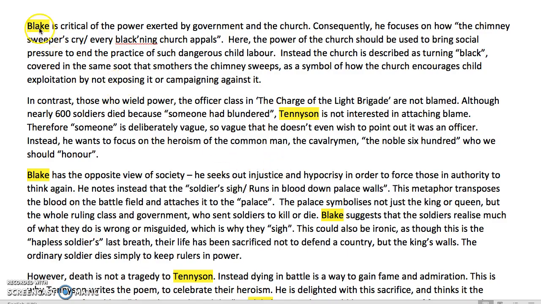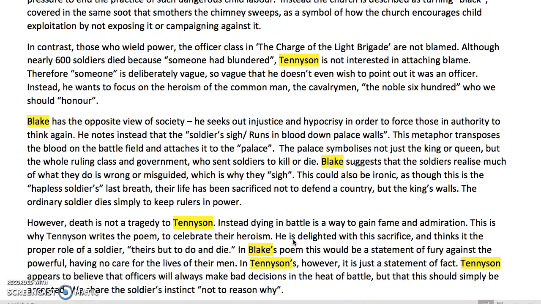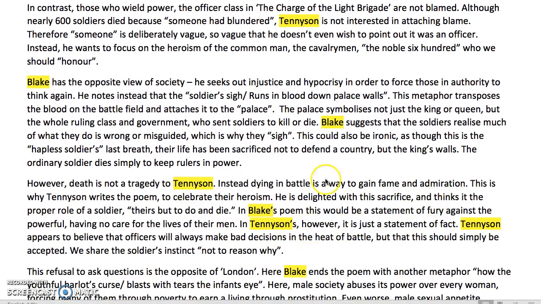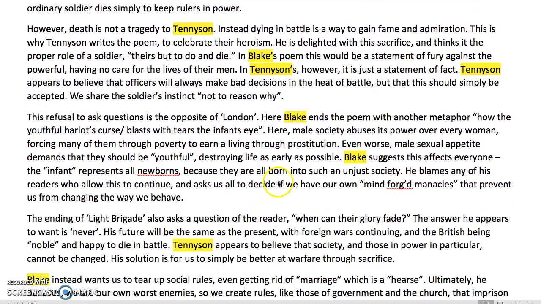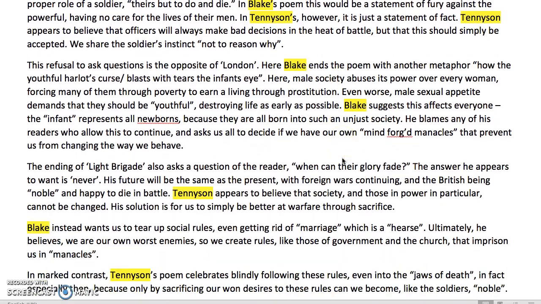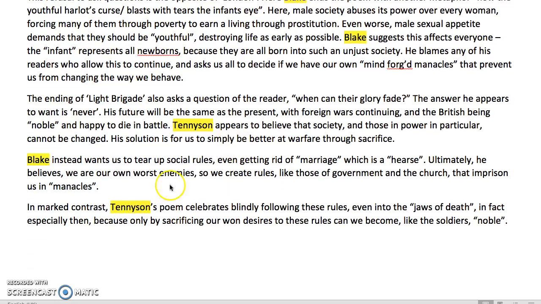If we follow it through as a kind of stitch, you will see the next most important feature of my comparison. I go from Blake to Tennyson to Blake. This whole paragraph's about Blake. Then to Tennyson. This paragraph's about Tennyson with a brief contrast to Blake here. Then this paragraph is about Blake. The next one is about Tennyson. And then my two concluding paragraphs are much shorter because they're really, if you like, one big paragraph, but contrasting